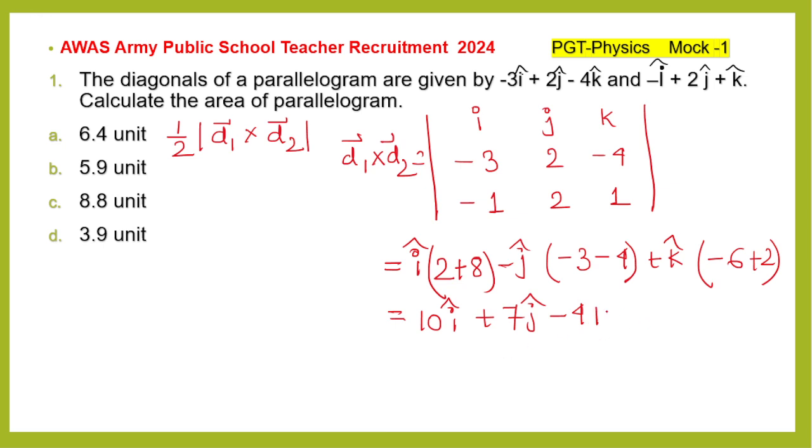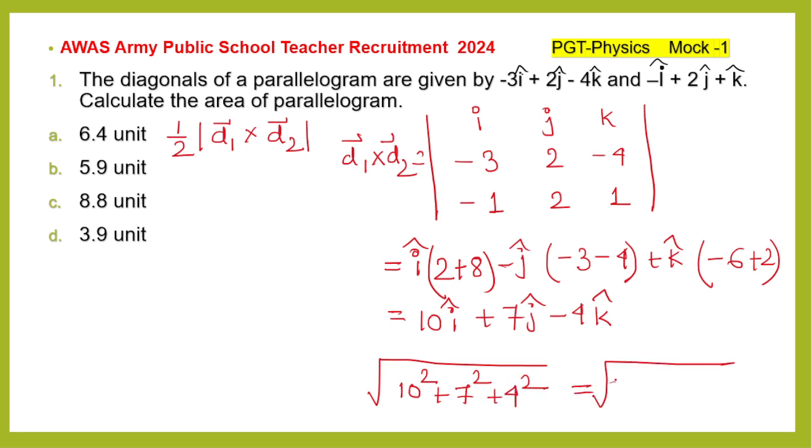Here the mod value of this vector is required. So how do we find the mod? That is root under 10 square plus 7 square plus 4 square. So it gives 100 plus 49 plus 16, and we get root under 165. Now put this value into the formula, that is half into root under